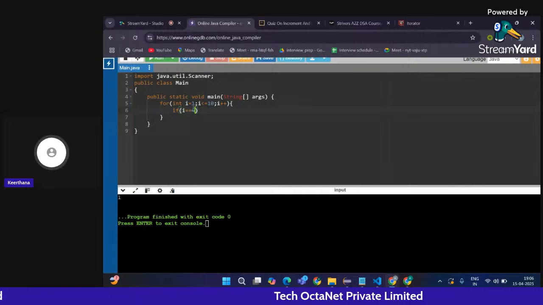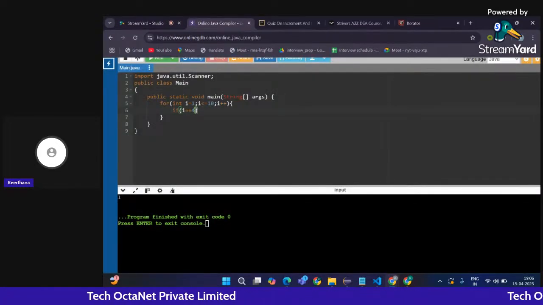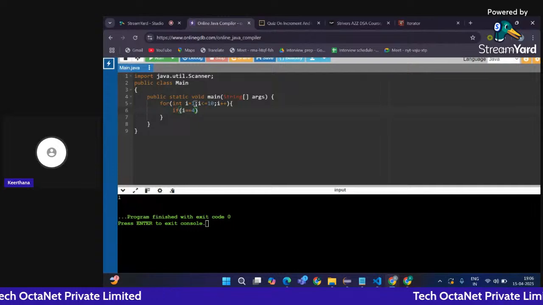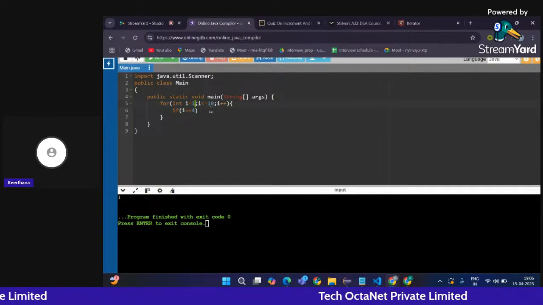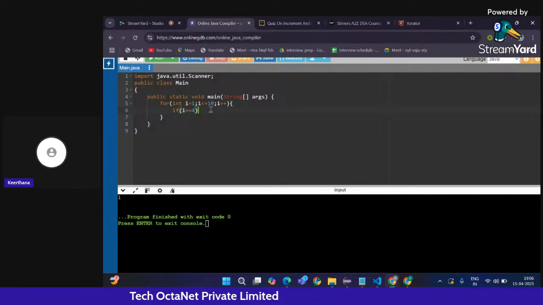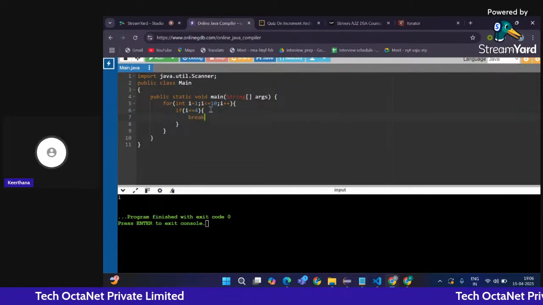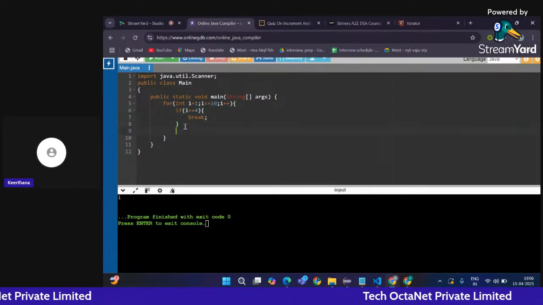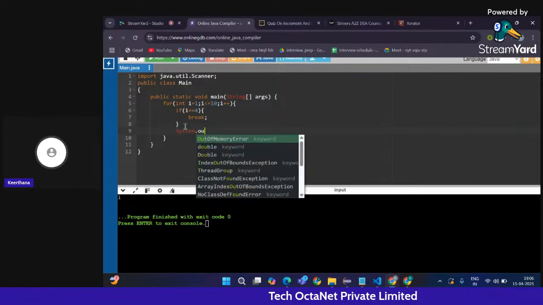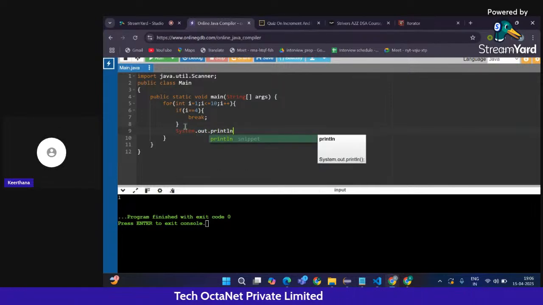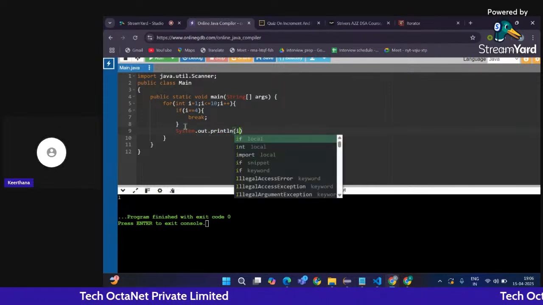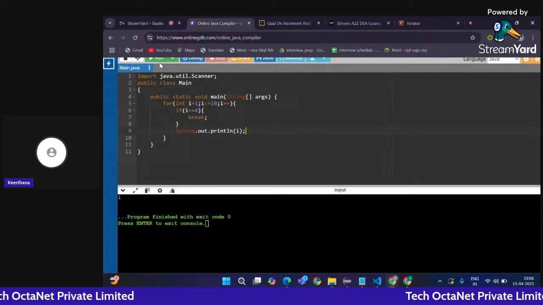Here I is my iterator, because that is going to traverse the entire range of elements. If my I matches 4, then I'll break. Otherwise I'm going to give System.out.println of I. So when I try to run this,